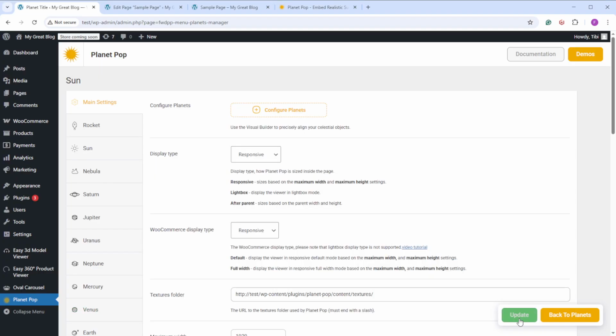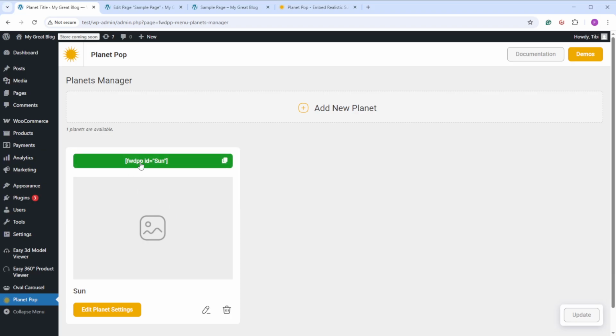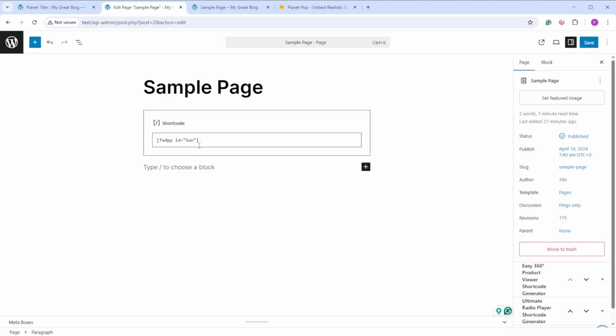By default, let's update it first so that you have it in the database. And let's get back to the planets and copy the shortcode, and we'll go straight to the shortcode here in the page, any page. Paste it here. If you have a builder like Elementor or any other builder, just add the shortcode in a shortcode box, depending on the builder itself. So save it,